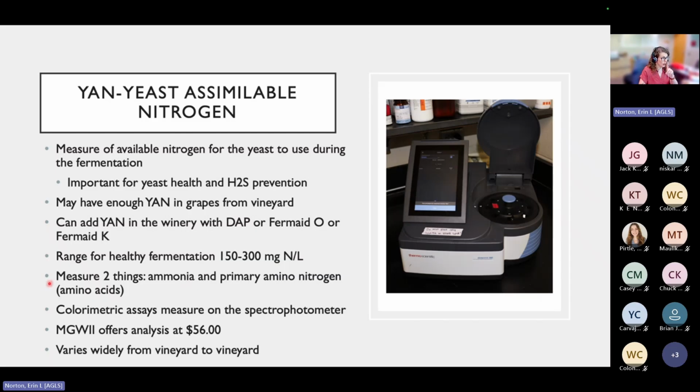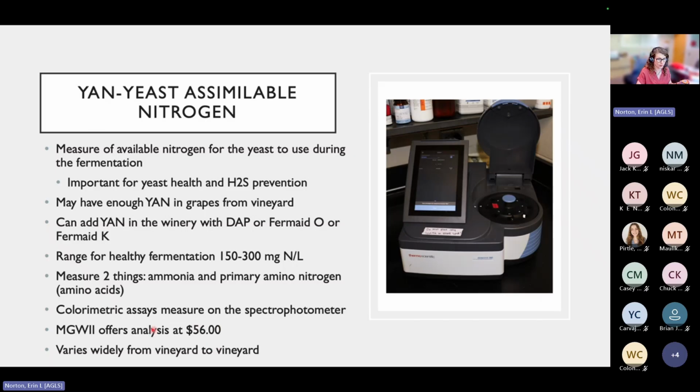We measure the ammonia that is in the juice or the grape, and we also can measure primary amino nitrogen. So that just means amino acids. Those are the two things that we measure, and they're two separate analyses. Okay, so that's one of the reasons YAN is a little bit more expensive than some of the other